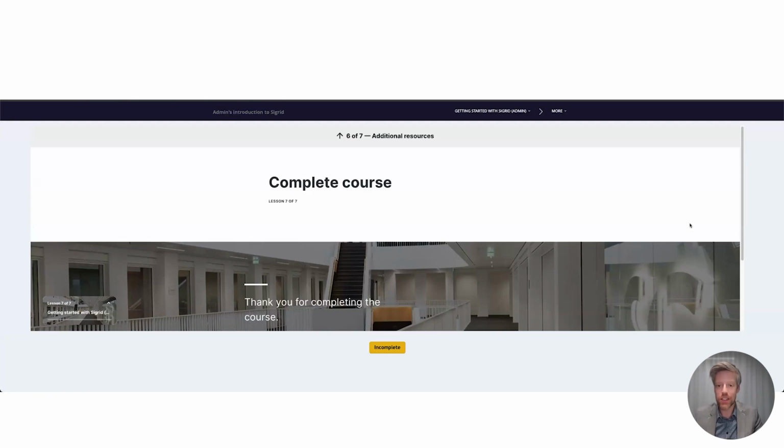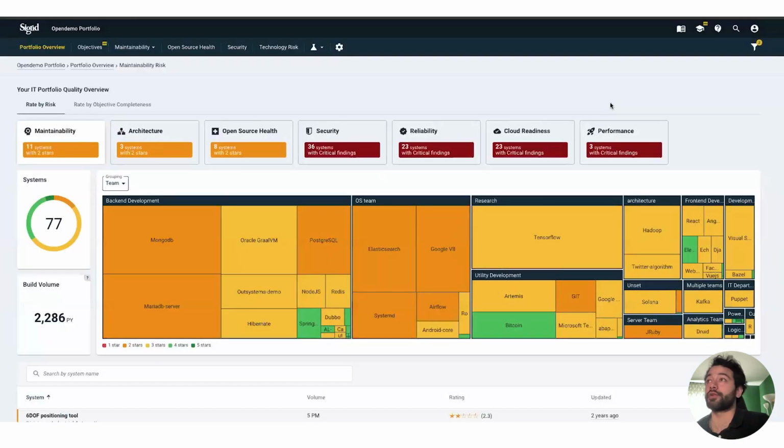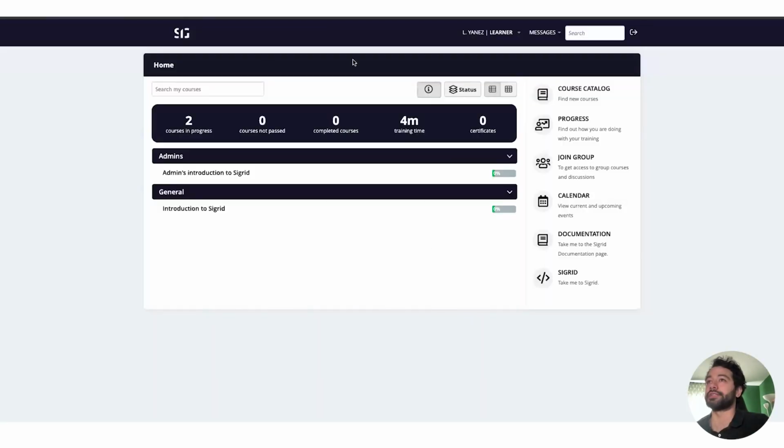There was a question, an open question still. Can I already share this with my team, and can I track how they are doing? Yes, so the Academy is already open to everyone. Any person who has access to Sigrid can access the Academy, and from the moment you click this button, you automatically receive your account within the Academy.